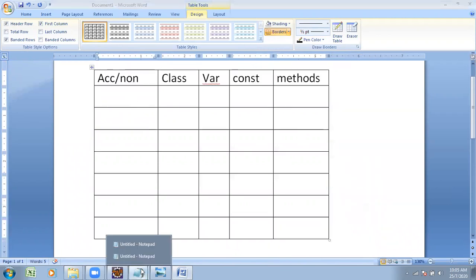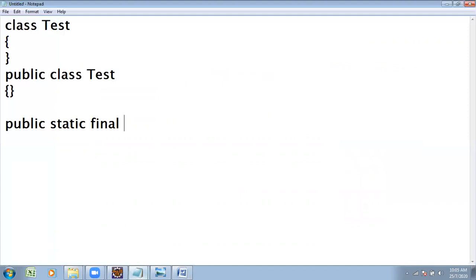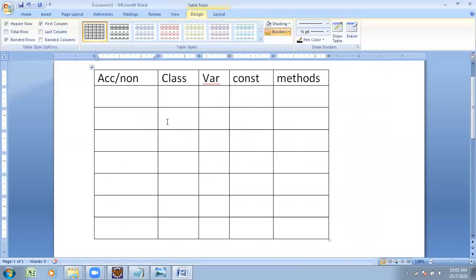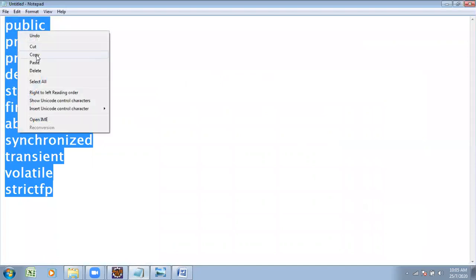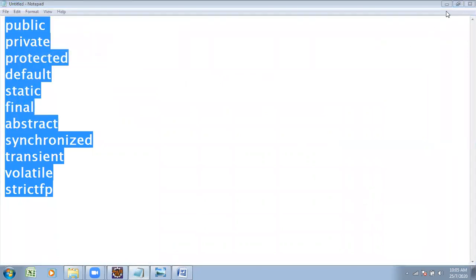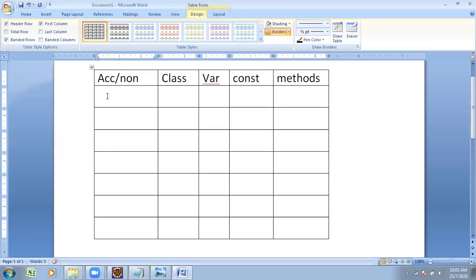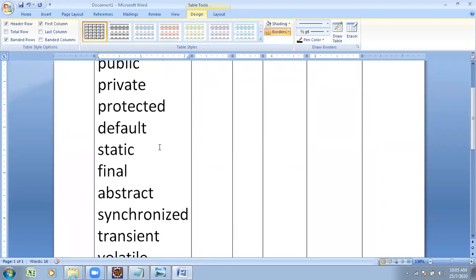First, the access modifiers supported by Java, and the non-access modifiers.